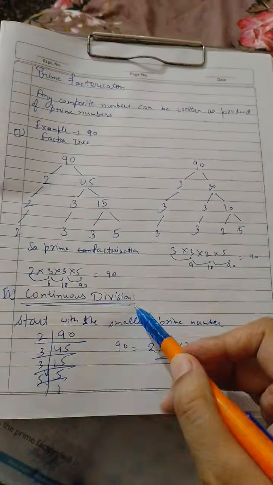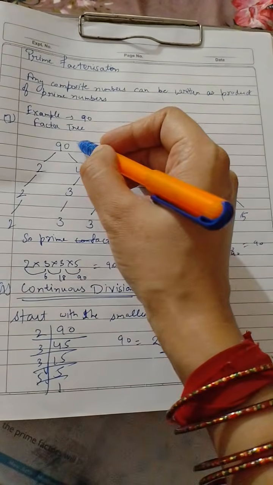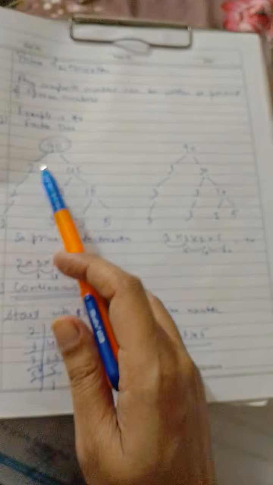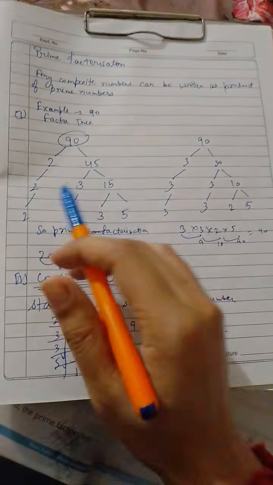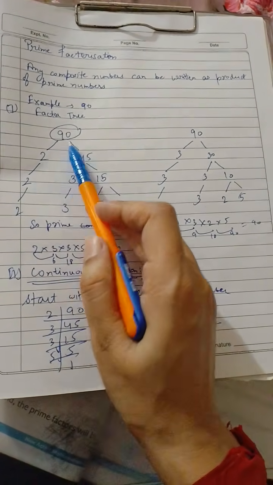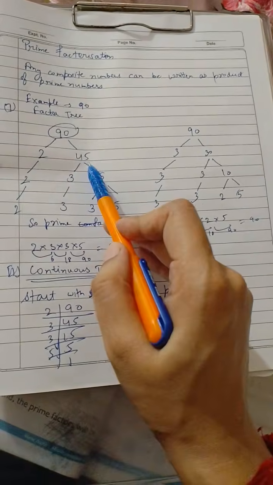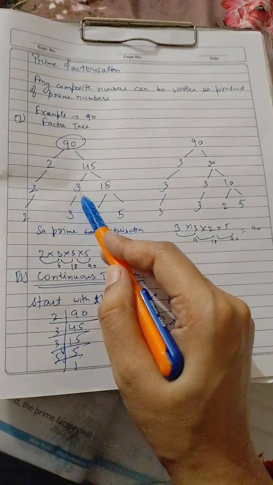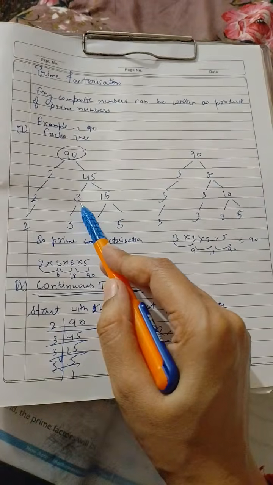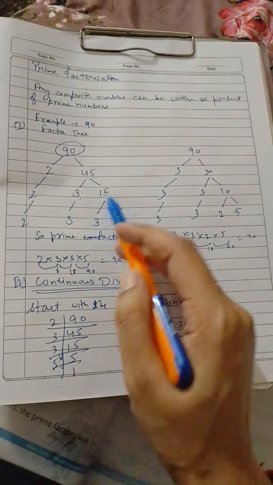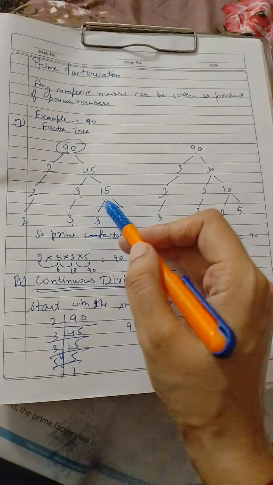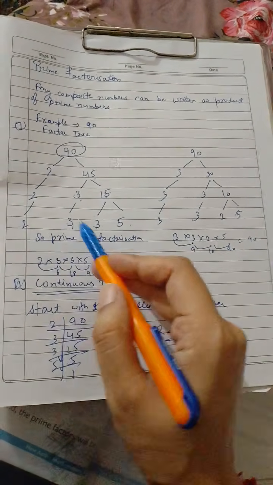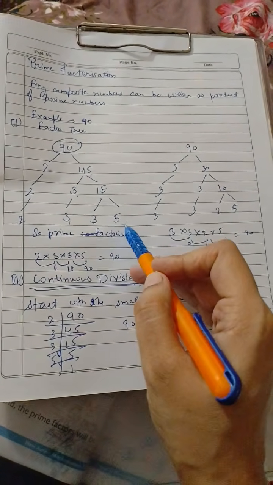So if I start with the factor tree, I take the example of 90, because we only use prime numbers. I started with the number 2. When we divide by 2 we get 45. 45 is not divisible by 2, so we move to 3, because 3 is also a prime number. It becomes 3 and 15. The 2 stays the same, the 3 stays the same. When we factorize 15, we get 3 and 5. The 2, 3, 3 and 5, these are all prime numbers.